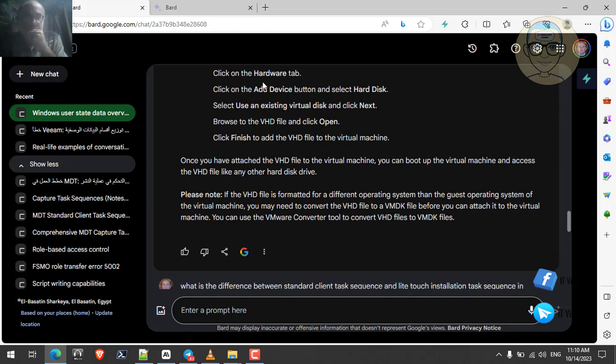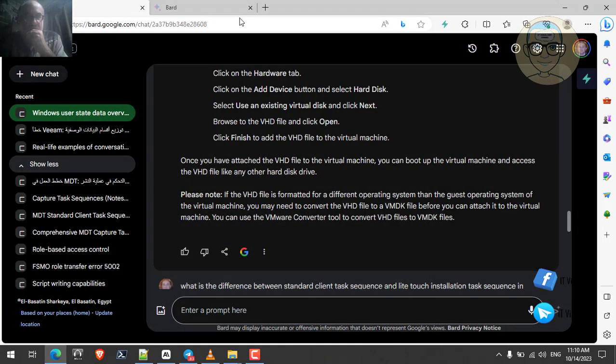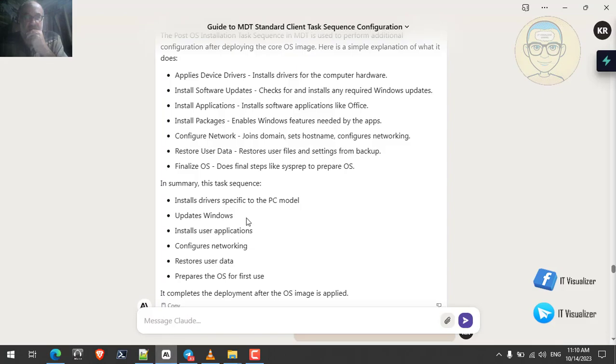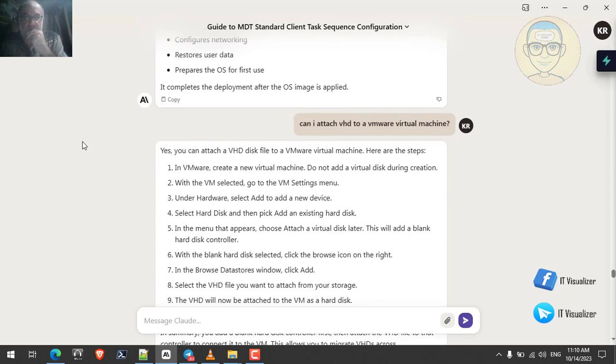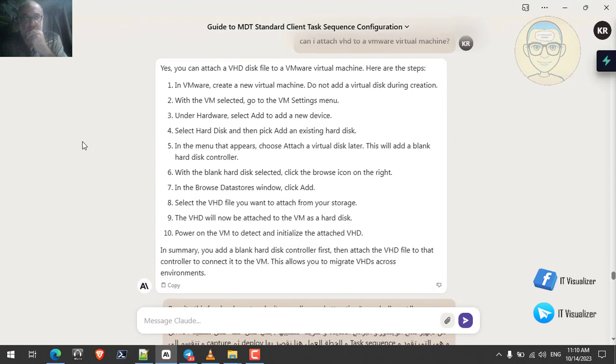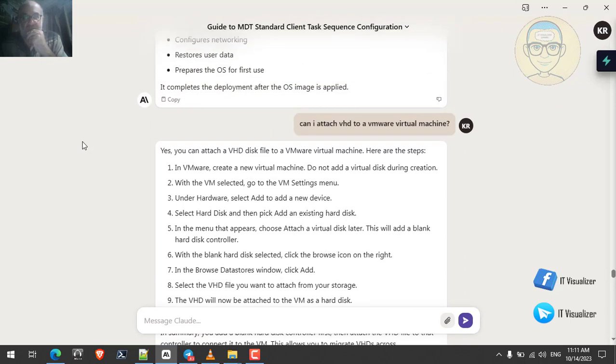Okay, so this is the VHD task sequence for the client and for the server. So we have all of these templates explained. If we go to Claude and ask whether I can attach a VHD to a virtual machine, the answer is positive, we can do that. So this is basically all of